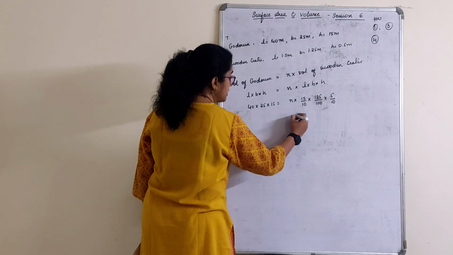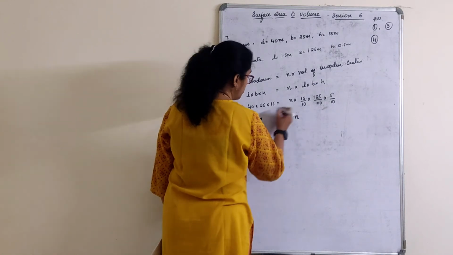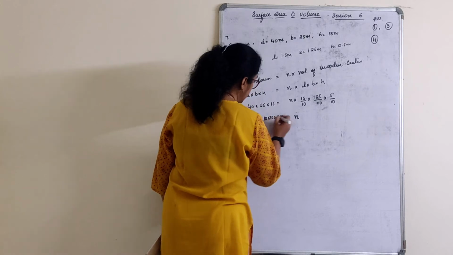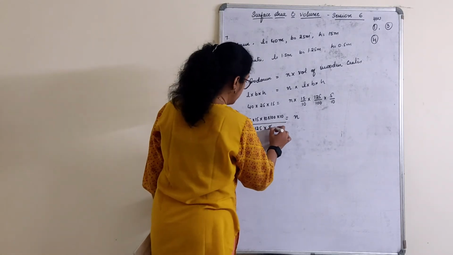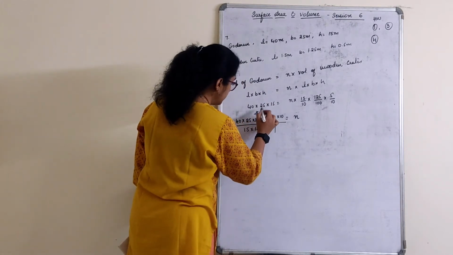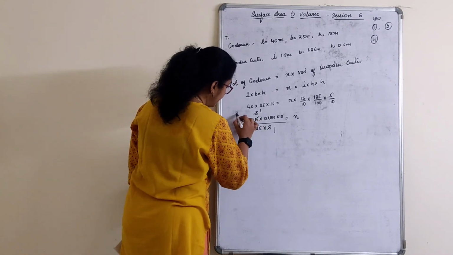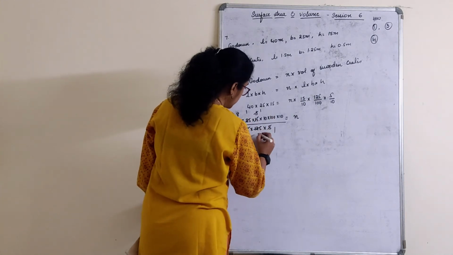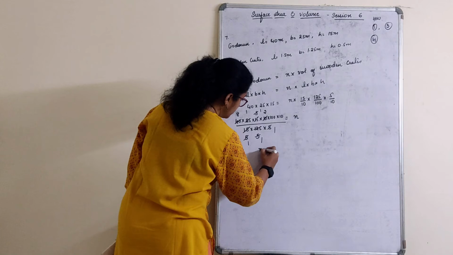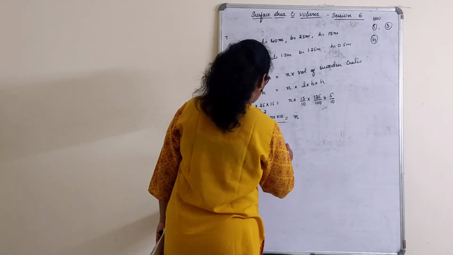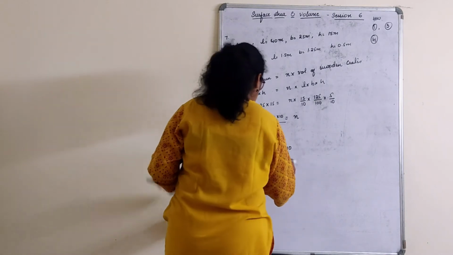So cross multiply this, keeping this N here only. So what will you get? 40 into 25 into 15 into 10 into 100 into 10 divided by 15 into 125 into 5. 5 ones are 5, 3 ones are 3, 3 fives are 15, 5 ones are 5, 5 eights are 40, 25 ones are 25, 5 fives are 25, then 5 ones are 5, 5 twos are 10, 8 twos are 16, into 100 into 10. So N is equal to 16,000 crates.